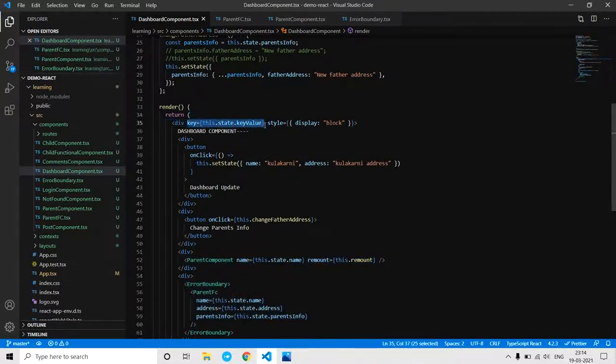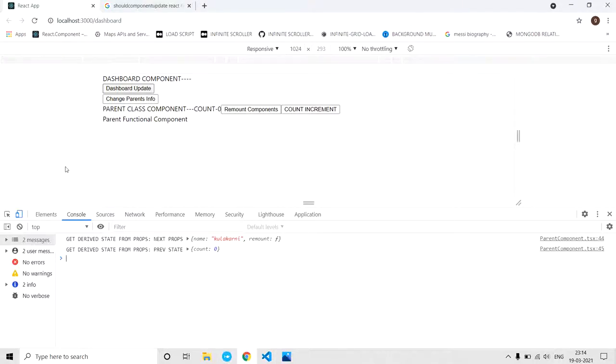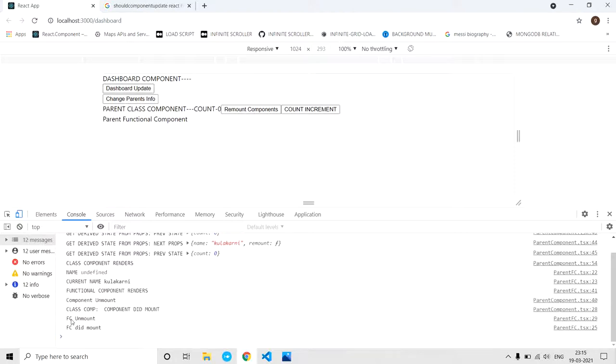Whenever we change the key value, React remounts. I'm going to tell you about the importance of key at a later point, and one should remember some basic key points while developing React components. Now I click this remount components button, which will change the key. As you can see, from the functional component we got this label, and from the class component we got this label. So this is pretty straightforward.